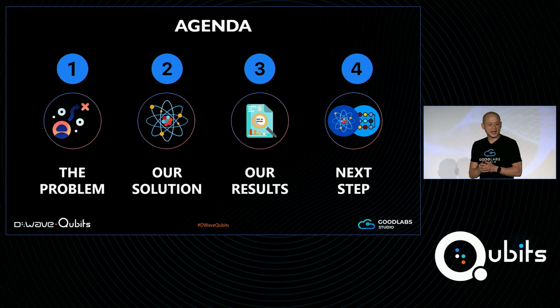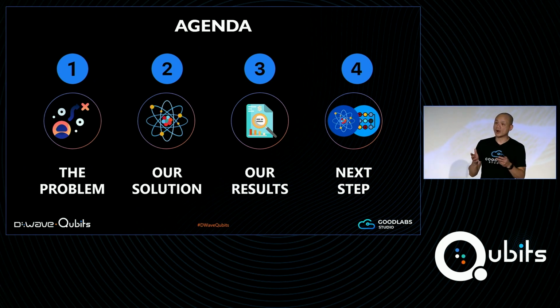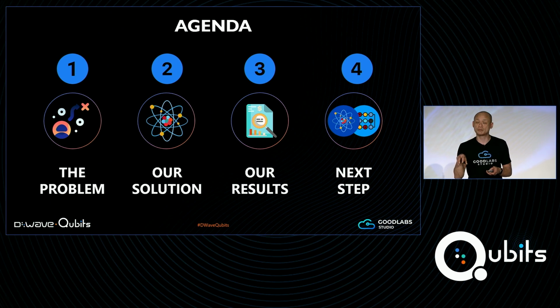So what we're going to do today, first, we will describe the exact problem that we are solving, the full business context, why and what we are actually doing. And then we will go right into the solution that we developed, particularly focusing on how we utilize D-Wave CQM hybrid technology to deliver a very tangible solution that we can actually run in a production live setting environment.